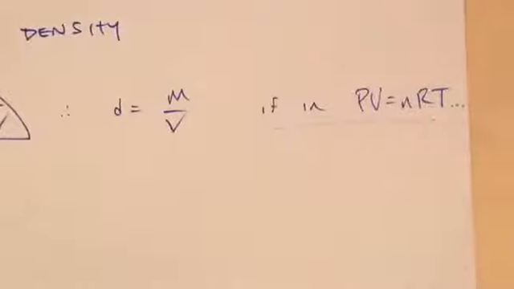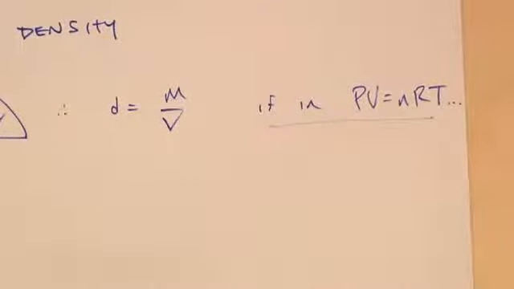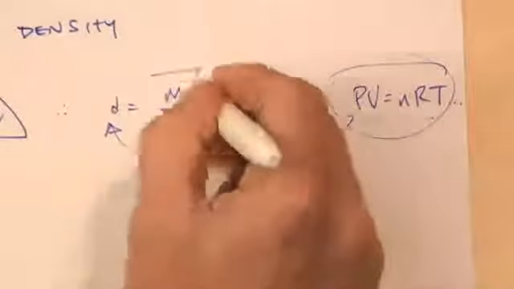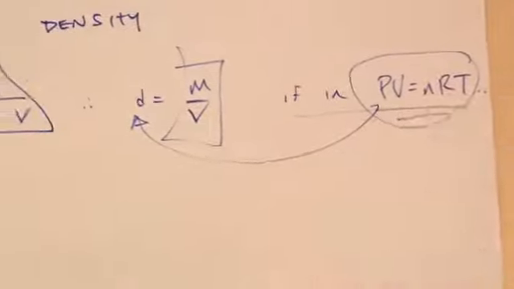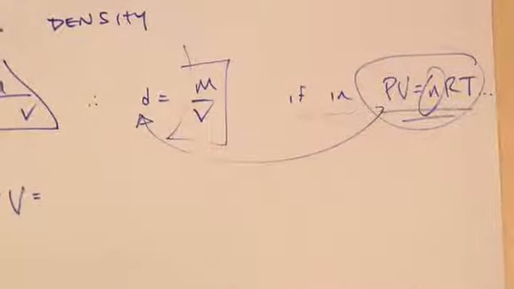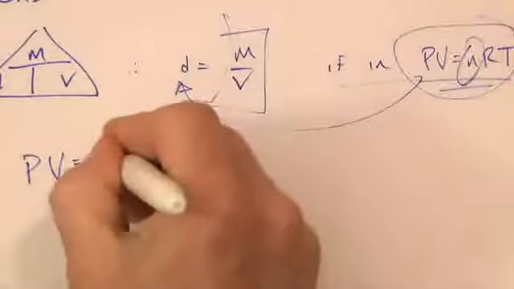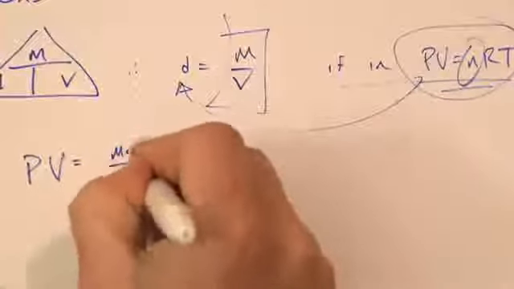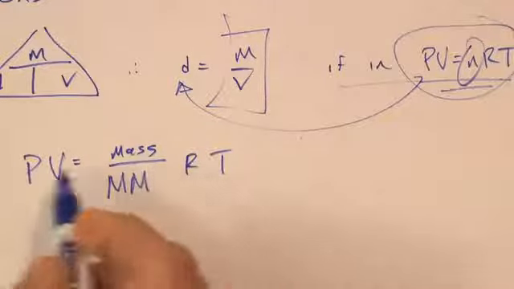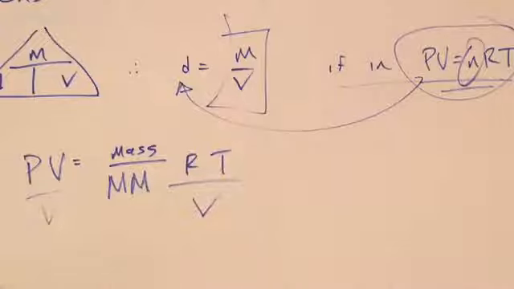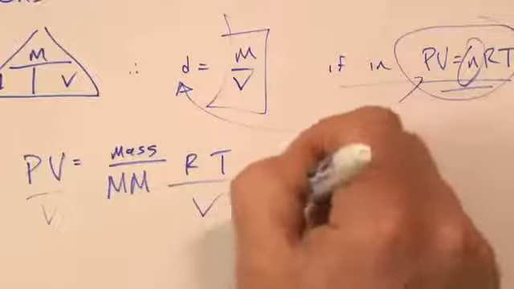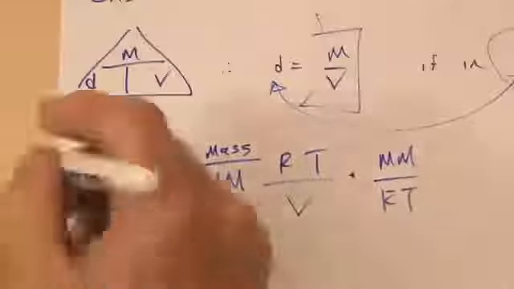Now, if we take this density idea and put it into PV equals nRT, we can actually rearrange this equation to solve for density. Remember, density is equal to mass divided by volume, and if you look at PV equals nRT, we can rewrite it this way, where PV is equal to mass divided by molecular mass that we get from the periodic table times R times T. If we rearrange this equation now by dividing both sides of the equation by V, and then on this side of the equation multiplying by molar mass over RT, which I would have to do over here as well,